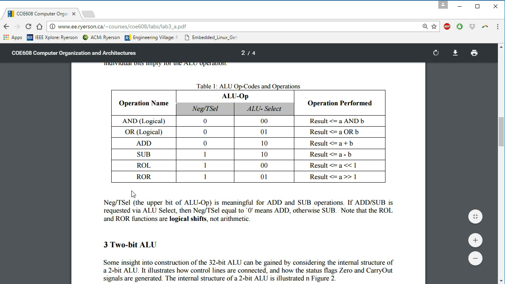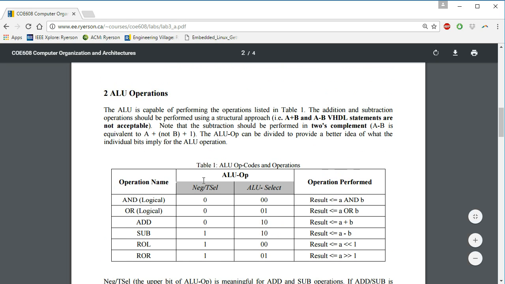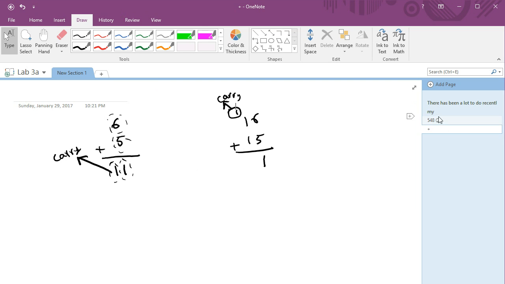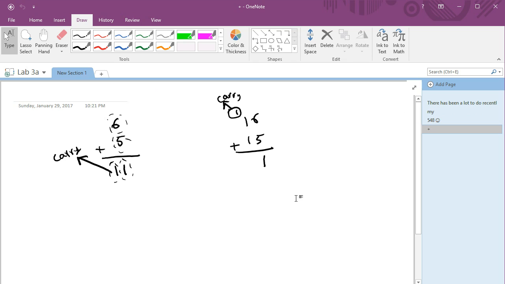And the key here, when you read this line, if you are a little bit familiar with the ALU and how addition and subtraction are actually used, you will find out that the subtraction should be performed in 2's complement. That is, A minus B is actually equivalent to A plus not of B plus 1. So what that means in logical terms is,